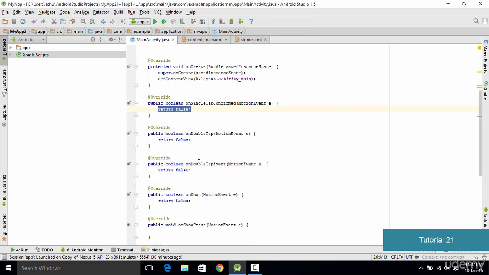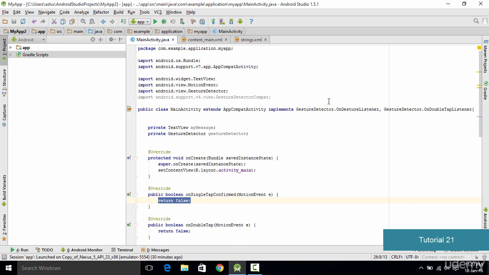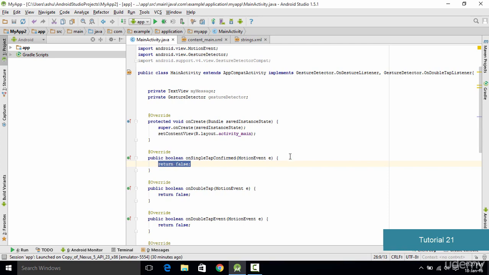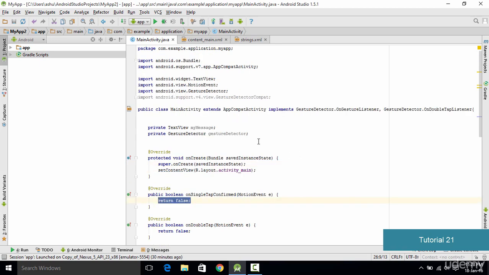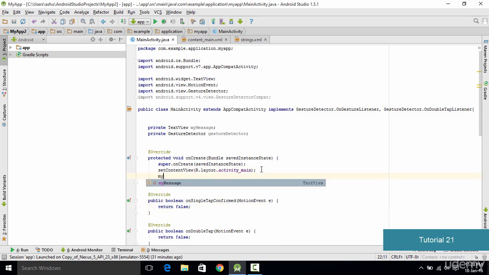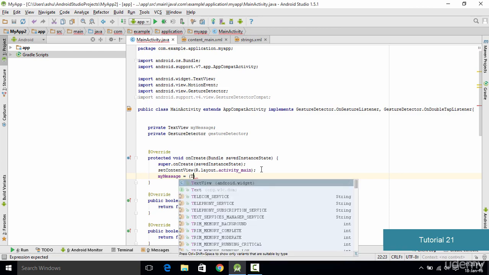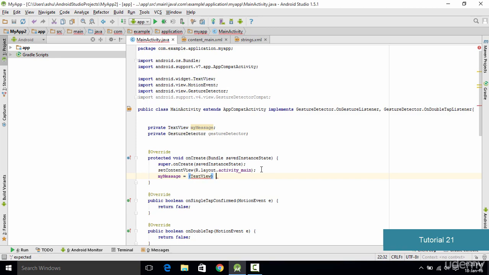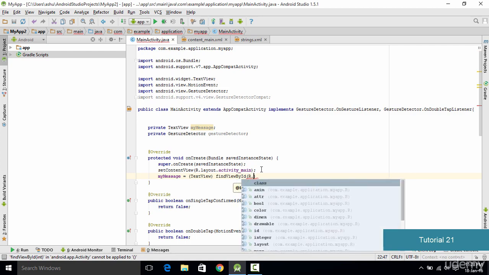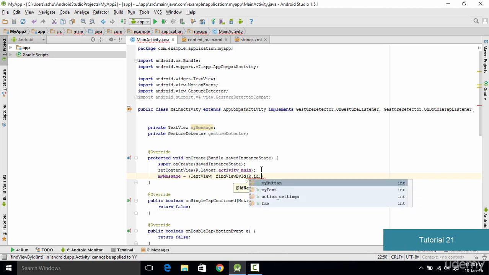So as you could see, the methods are added to our Java class, and you could also see that the error has disappeared. So the next thing which we need to do, in order to identify these events uniquely, is go inside these methods and type in some message. But before typing the message, we go inside the onCreate method and we type my message equals, and we typecast it by using the text view. So we type text view and then we find the message by ID. So we type find view by ID, and what we are trying to find is going to be the message. So we type R.id and the ID of message is my message.